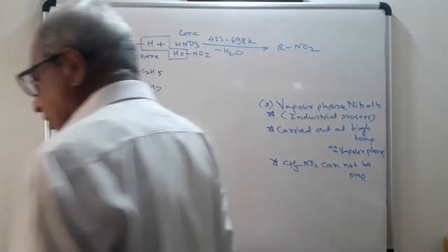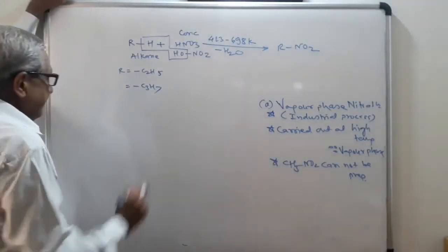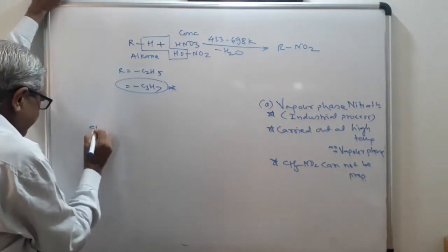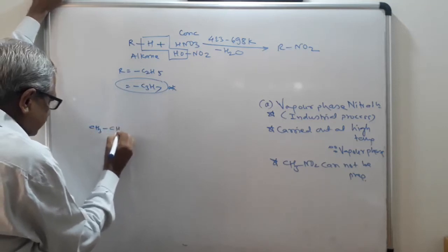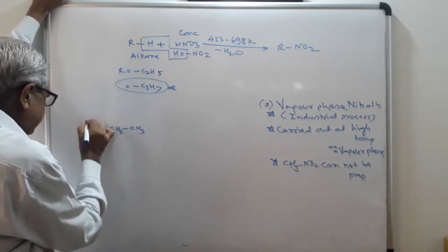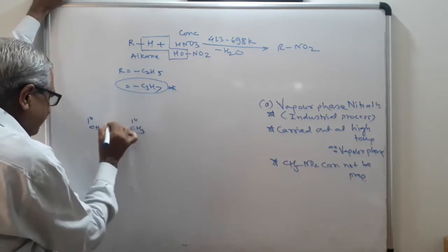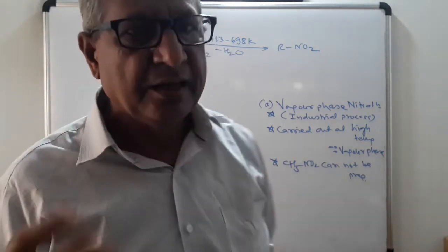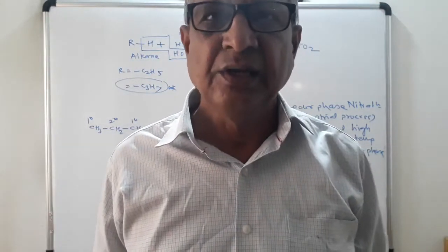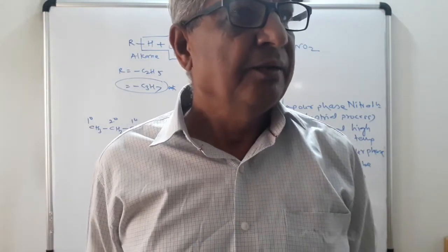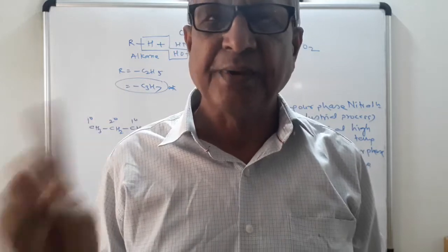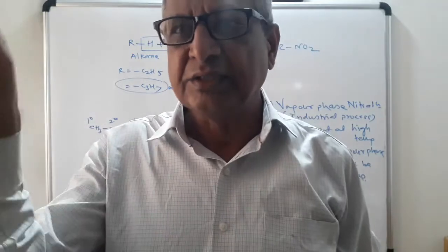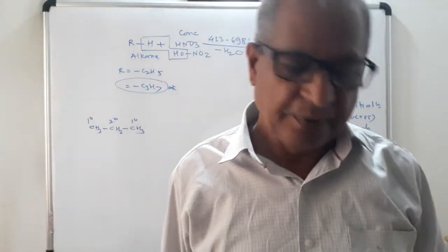Now I will take the important example here. This is the important example. Propane can be written as here CH3, CH2, CH3. See, this is the primary carbon, this is the primary carbon, this is the secondary carbon. You know the types of carbon, 3: primary, secondary and tertiary, as well as quaternary. But hydrogen atoms are 3 types: primary, secondary and tertiary. The order of reactivity of hydrogen atom, tertiary is greater than secondary is greater than primary.